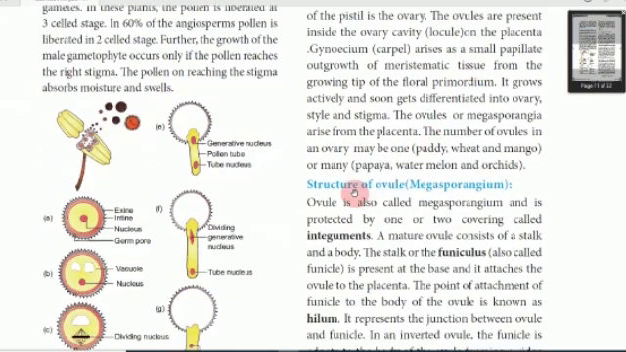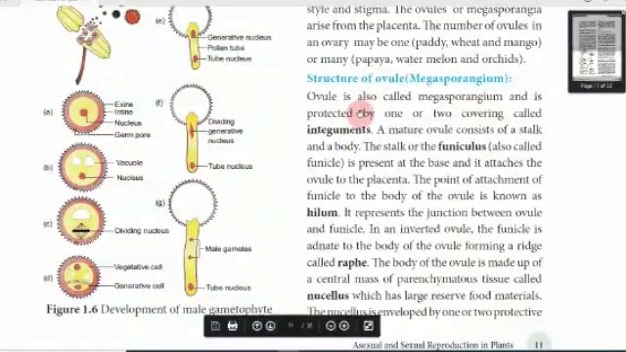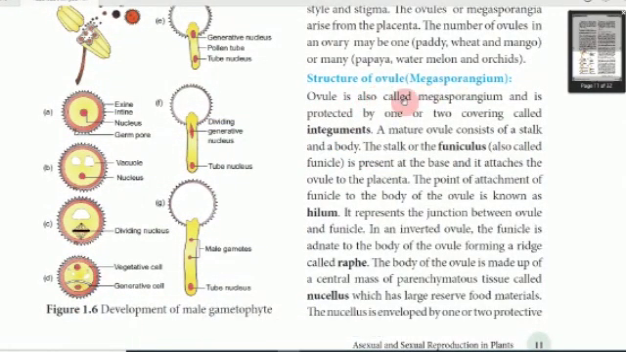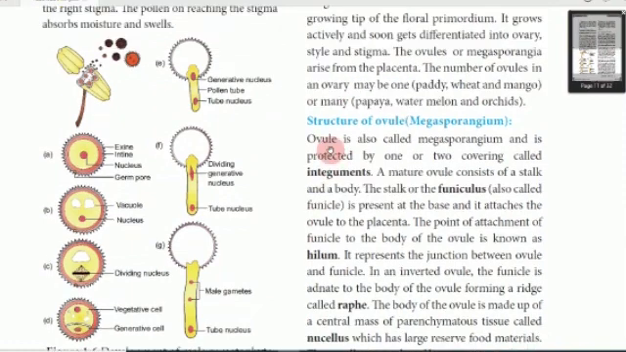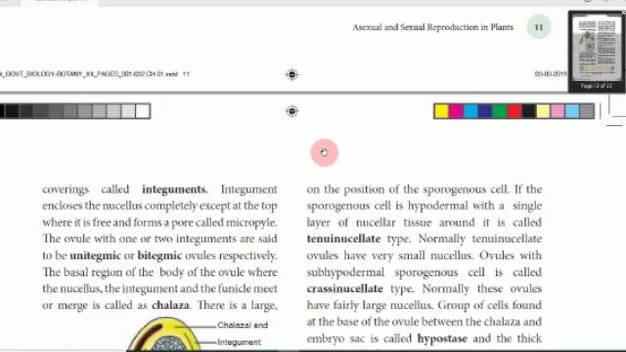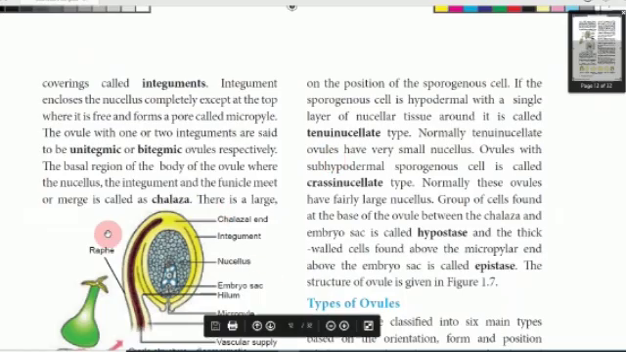Then go to the structure of an ovule. The ovule, commonly called the megasporangium, is the female gametophyte. The picture is given below. This is an ovule. The ovule has different shapes in different plants. The first part of the ovule is the stalk, called the funicle,